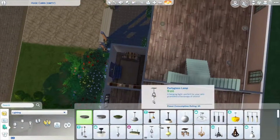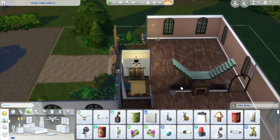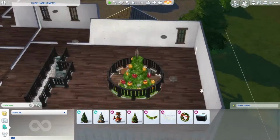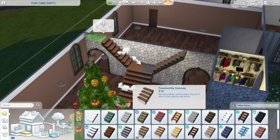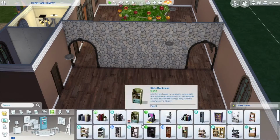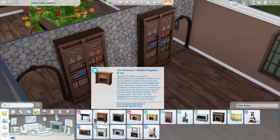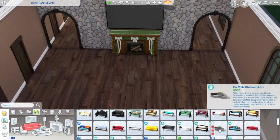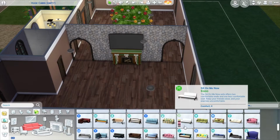Another thing you'll notice is that I was playing around a lot with the stairs at the start. I later went back in off camera and changed it to have a platform with the stairs going up to it. It just worked a lot better for what I was hoping for. But because of the levels that I did the platform at, it's not actually functional, so adult Sims can't walk up it. So I later go in and put another staircase in, so that the main feature staircase in that hallway is just for show, and there's a usable staircase in a different part of the house. I know that maybe seems a little counterintuitive, there's no function to that, but